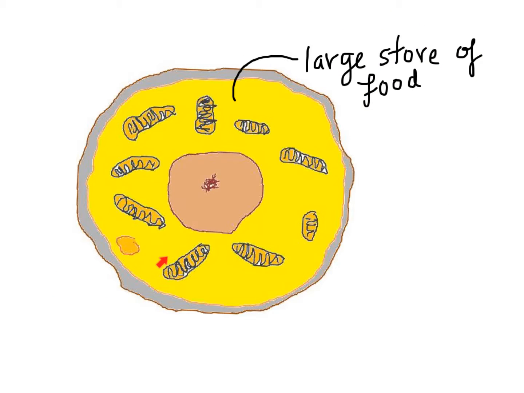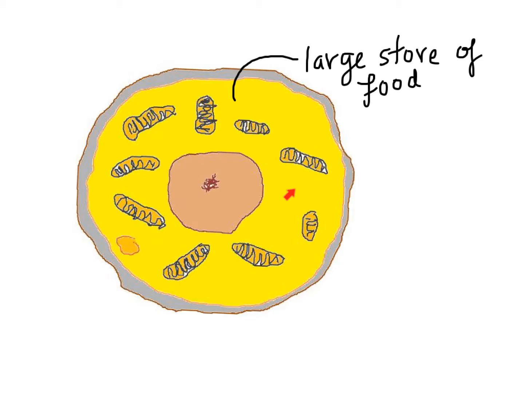Okay, what you see here is a female egg cell, not designed for movement. Its main function is to provide the nutrients and growth environment for the growing embryo and the cells that are dividing. So it has to have a large store of nutrients, food, in the egg itself. So it's one of the largest cells in the human body, the female body, because it has to provide enough